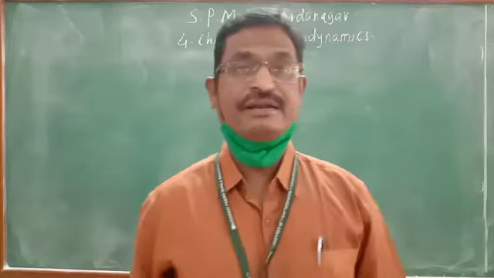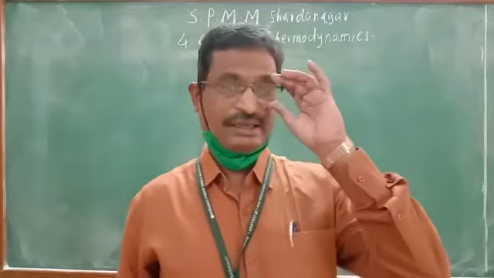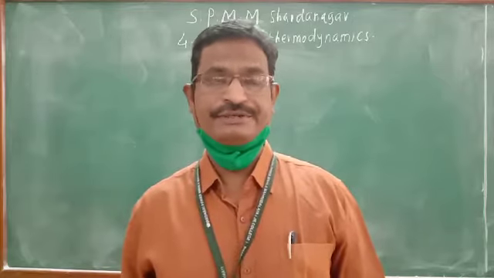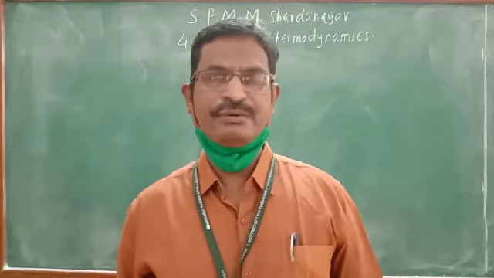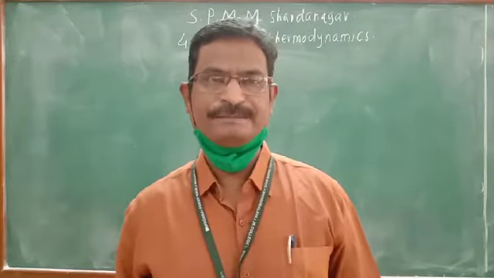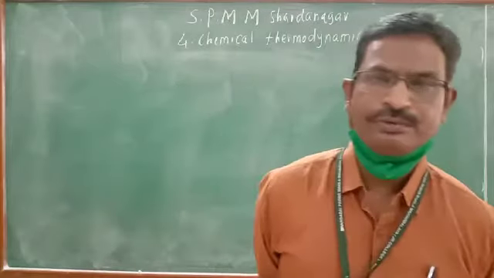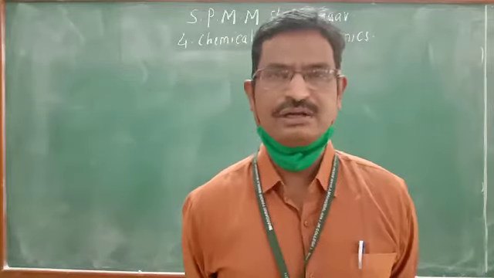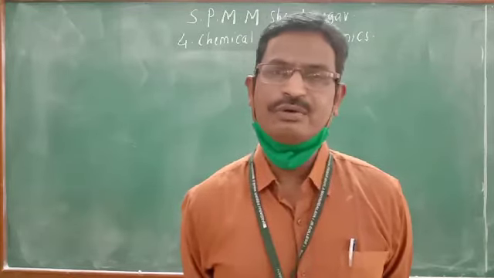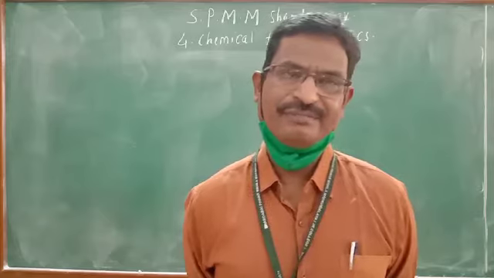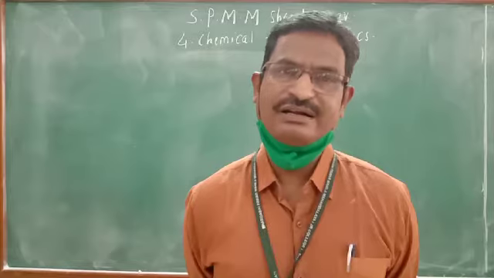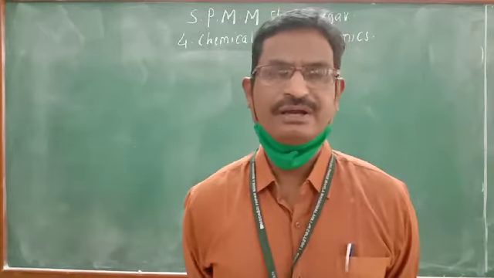In video number 9, we have seen enthalpy change for a process. Then we have seen the relation between delta H and delta U for a chemical reaction. And finally we arrived at the expression for work done during a chemical reaction, and that expression is dW equal to minus P delta V, where finally we have studied dW will be equal to minus delta n RT for the chemical reaction.